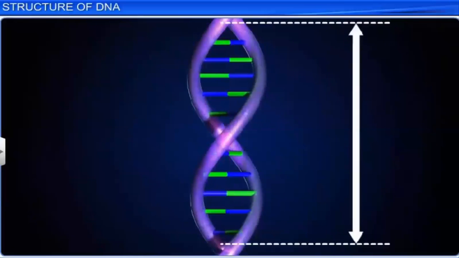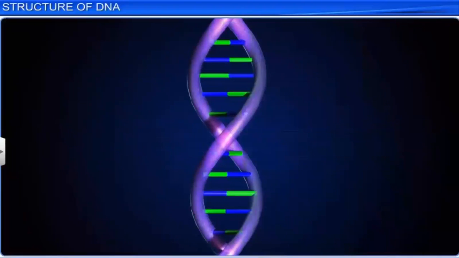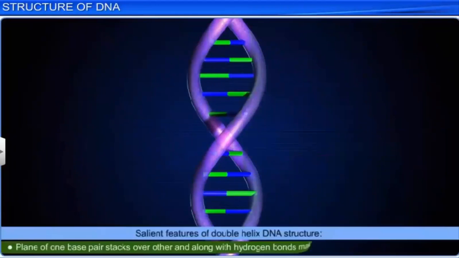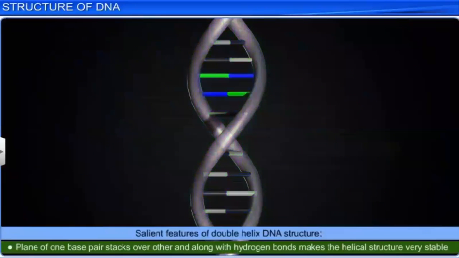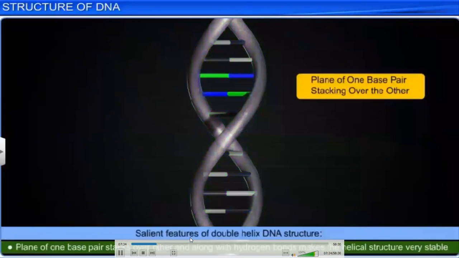Therefore, the pitch of the helix is 3.4 nanometers, and each turn consists of about 10 base pairs. As a result, the distance between a base pair and the next in the helix is around 0.34 nanometers. Additionally, in a DNA double helix, the plane of one base pair stacks over the other, which, along with the